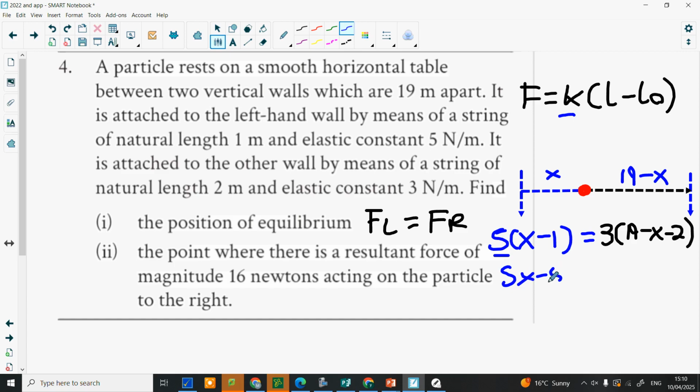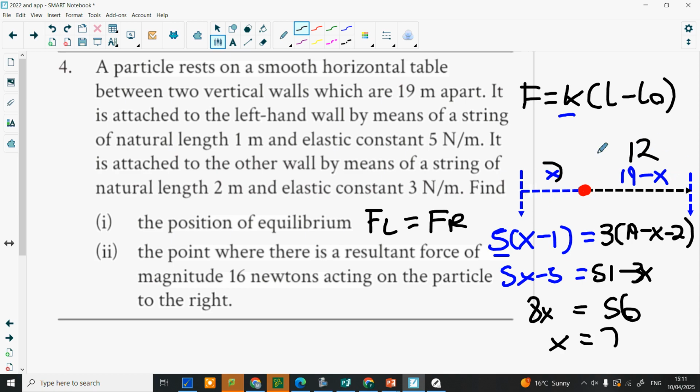We've got 5x minus 5 equals 3 times 17, which is 51, take x, bring it to the other side, and we get 6x equals 56, is it? Oh, sorry, minus 3x, thank you. So it's actually 8x equals 56. If you've got an x value of 7, that means it's located 7 meters away from the left wall or 12 meters away from the